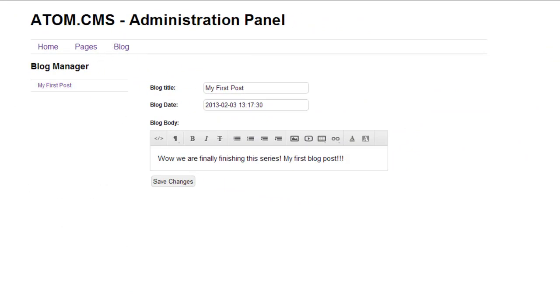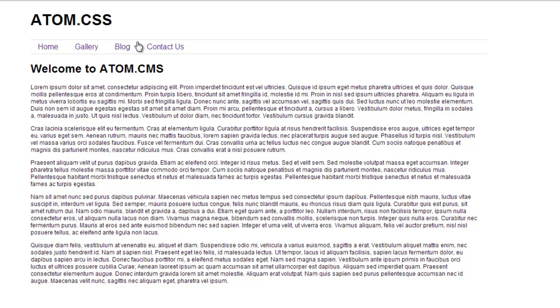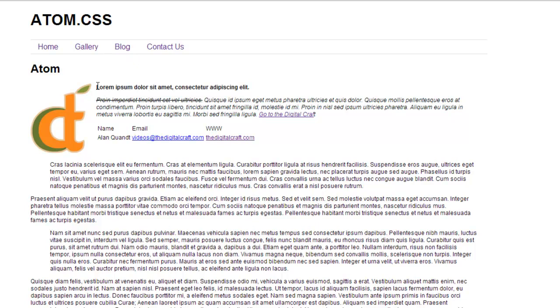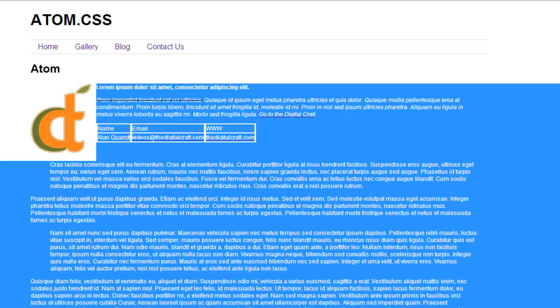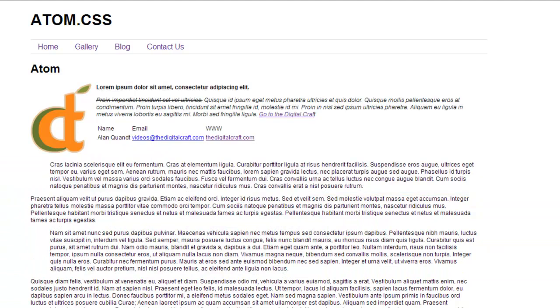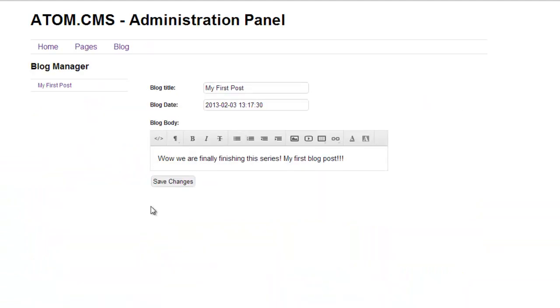The next step is to make sure that we can actually pull the blogs from the front end here, because right now we're just pulling pages. And you'll see here, if you remember, this is from our first attempt at the WYSIWYG for the pages. So we're going to need to do a little bit different work here. If we open up Dreamweaver,